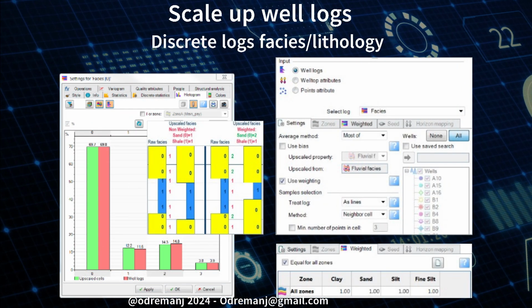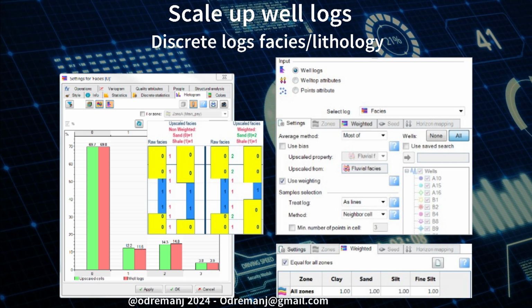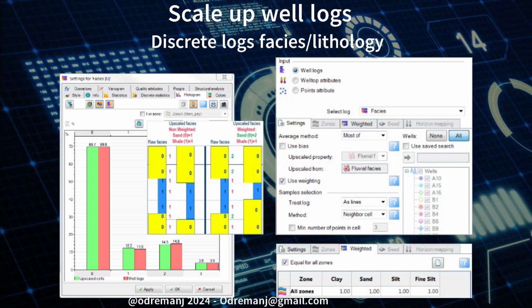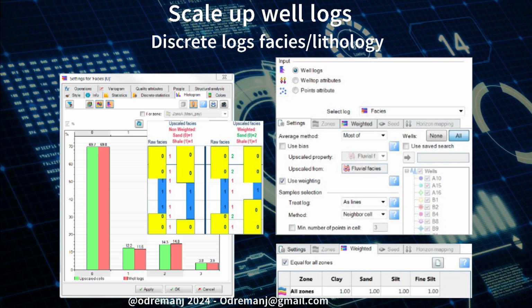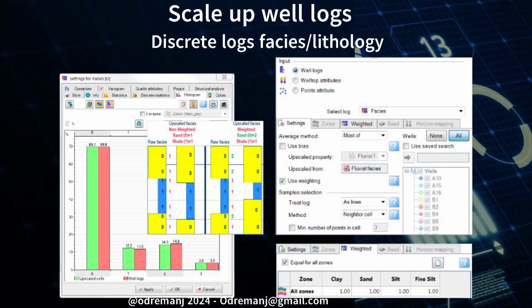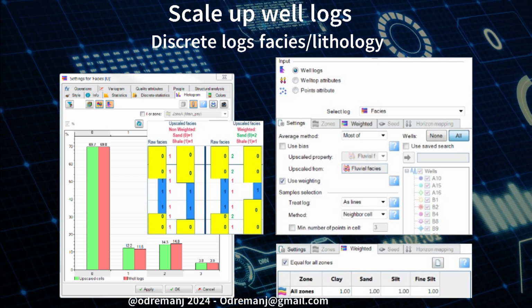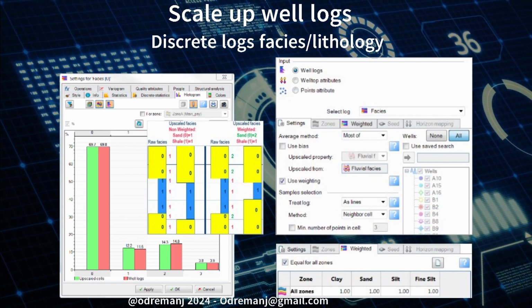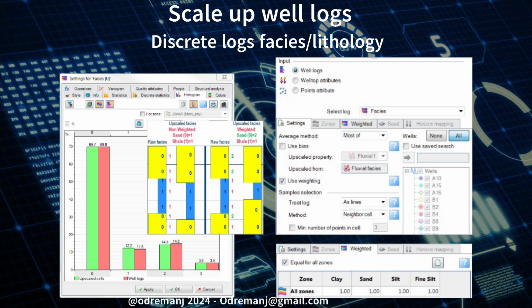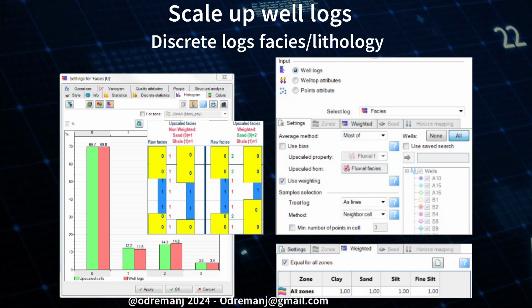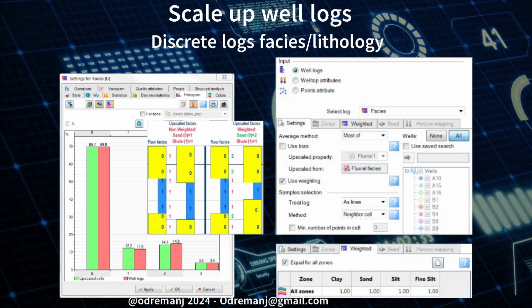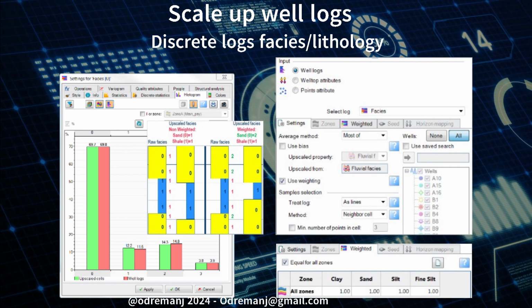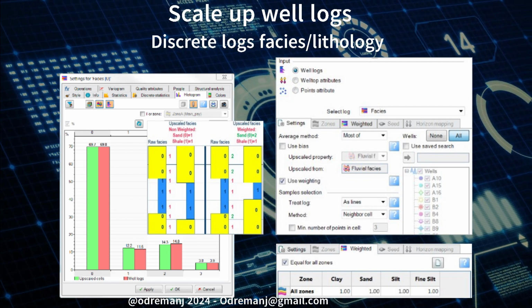When scaling up discrete data, the "most of" method is commonly used. This approach assigns the most frequent value in a cell to that cell. For example, if a cell contains 51% shale and 49% sand, the cell will be classified as shale. Weighting can be applied if certain facies are underrepresented, ensuring that we correctly model facies that may be crucial for